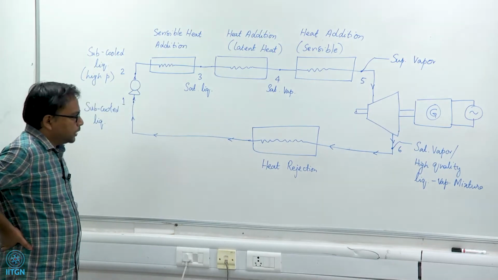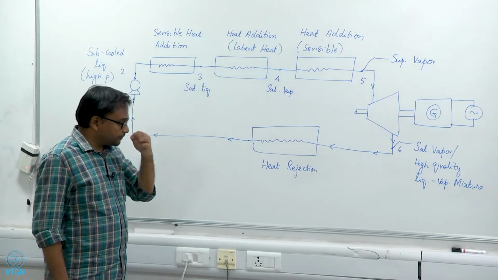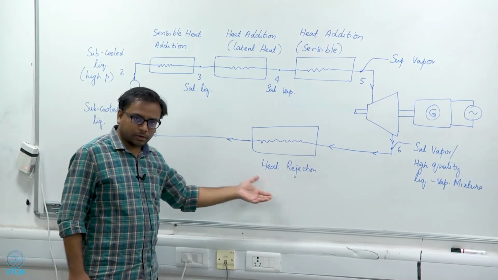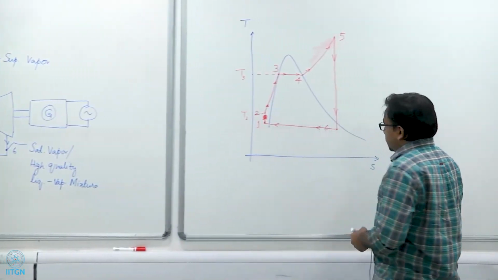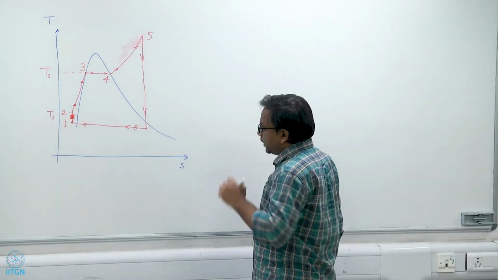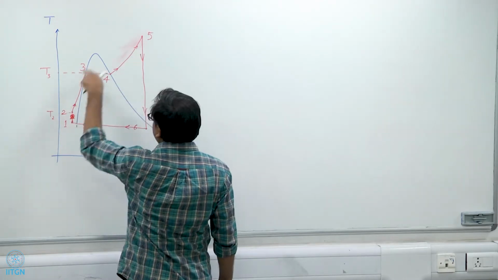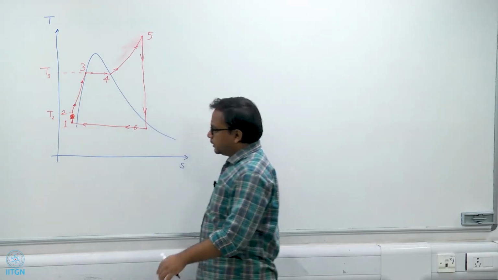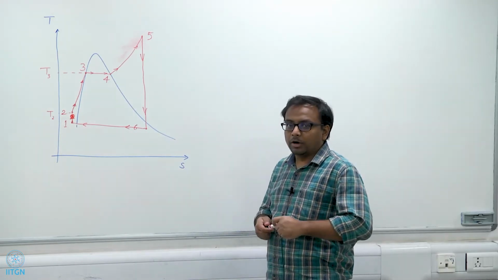Okay. So, now today what we will do is we will try to quantify the work output and the heat input and the heat rejection as well required to drive this cycle. So, let us do that. Let us go step by step. We will start at point 1 and go around the entire cycle and see in each and every process how much heat input and how much work output we are getting.